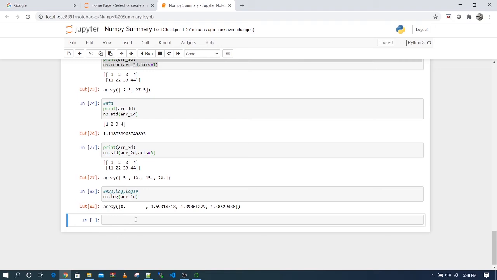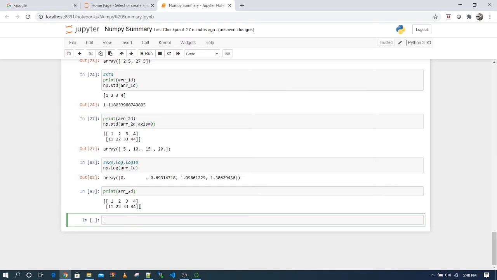Okay, now we will continue with another topic. Suppose you have a 2D array here, and you want to get this element 33. To get a certain element of a matrix, I want 33, so this is my second row and third column.